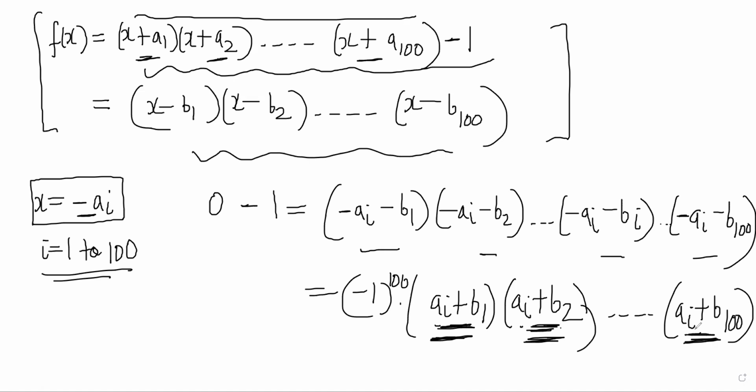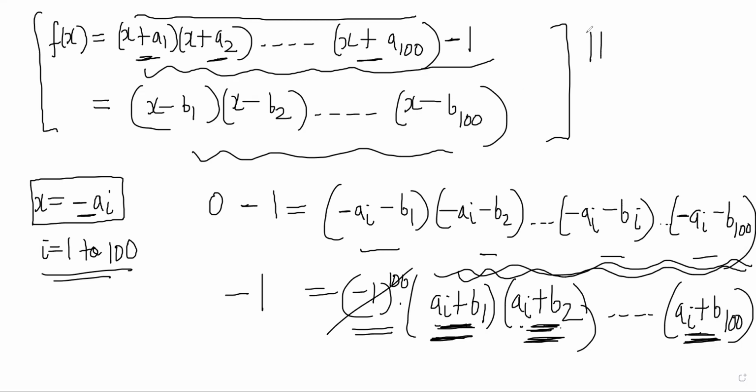And similarly, 100th column, the term was ai plus b100, right? We are getting minus 1 is equal to minus 1 power 100 times the product, which is the required product of terms of any row, right? We have proved that the product of ai plus bj, j goes from 1 to 100, is equal to